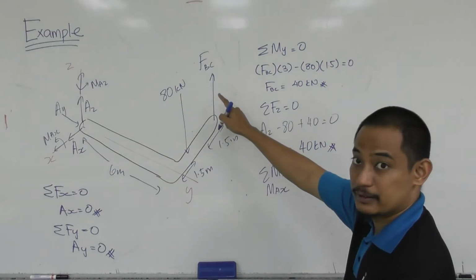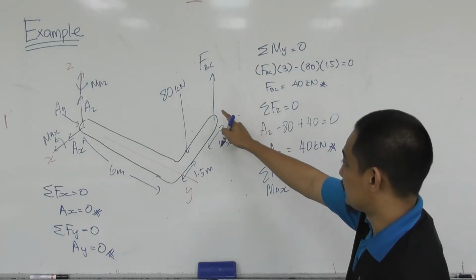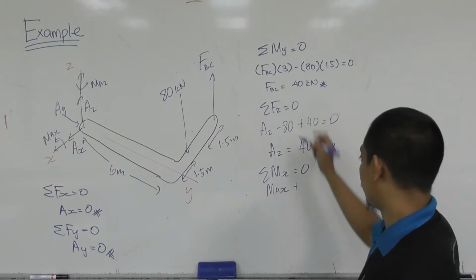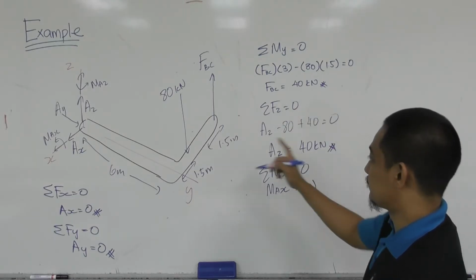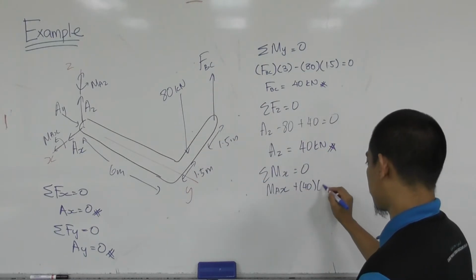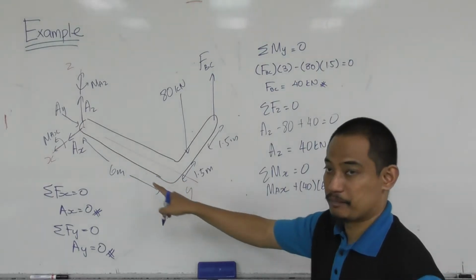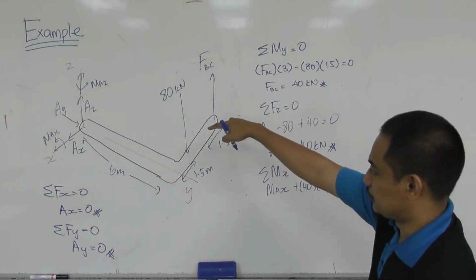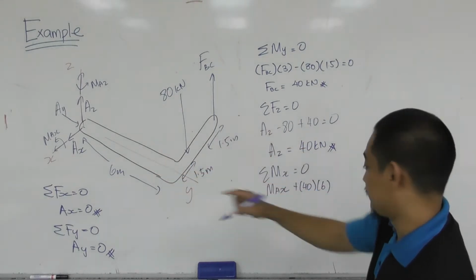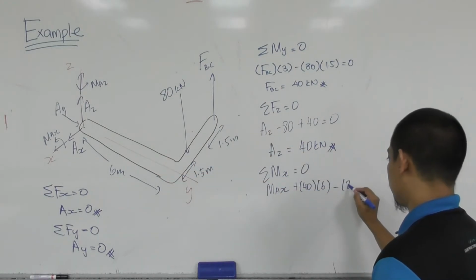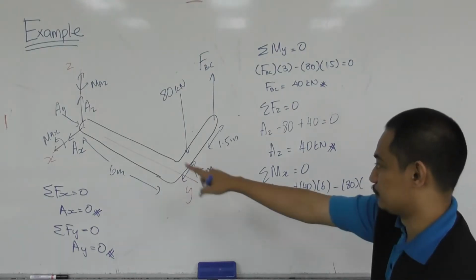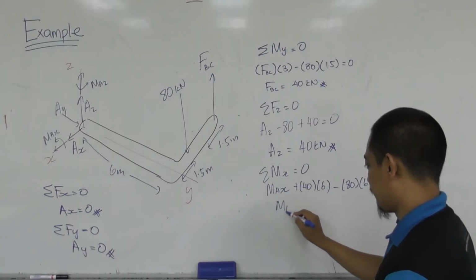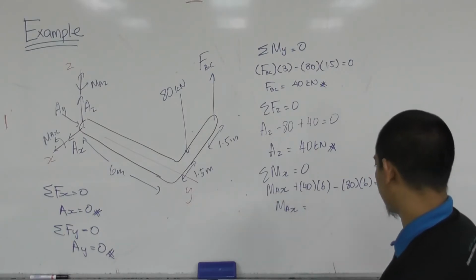This FBC, right? It produces counterclockwise moment about x, so it's plus. FBC is 40. The distance is 6 meter. It's 6 meter, right? And then this 80 kilonewton is producing clockwise moment about x-axis, so you get minus 80. The distance of also 6 equal to 0. So Max equal to